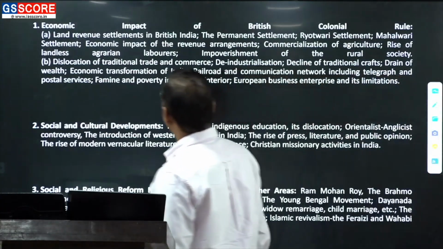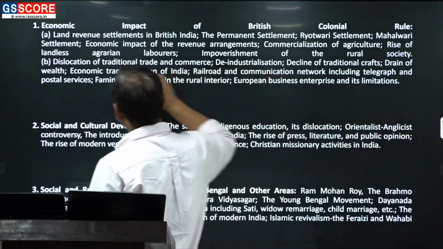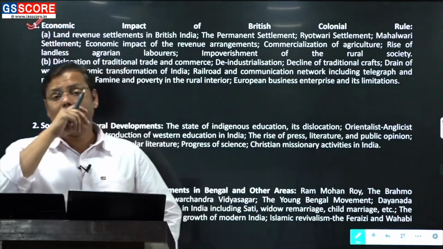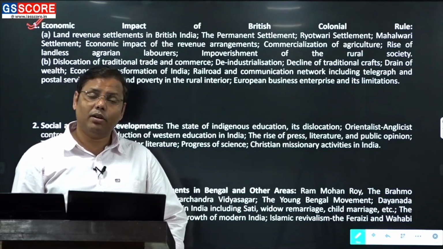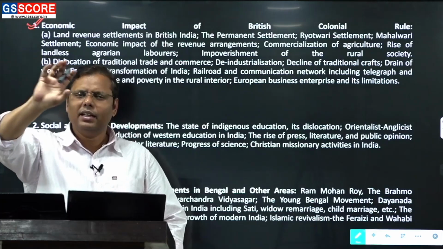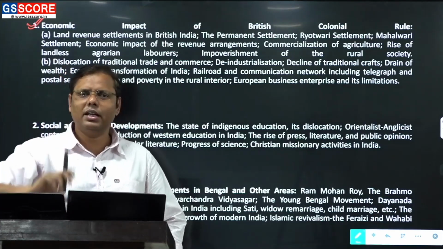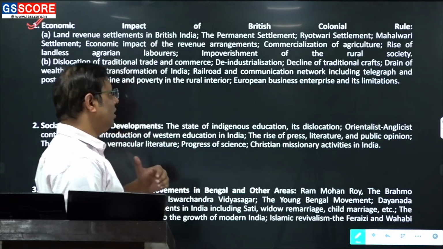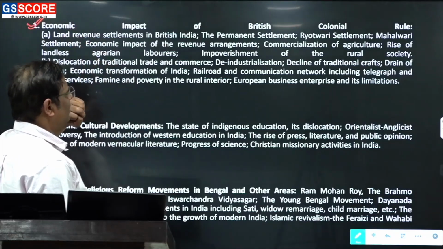Now the next unit, or the fourth one, is basically the economic impact of British colonial India. In the last unit we had been studying what? We had been studying basically the administrative policies that they have been bringing. And in their administrative policies, there are a couple of areas like the army and the civil services. They might be important, which earlier were not very prominent topics. So certain new institutions and certain ideologies that you have to keep in mind, nothing else, so don't get stuck in this particular part. Then it comes to the economic impact of British colonial rule.